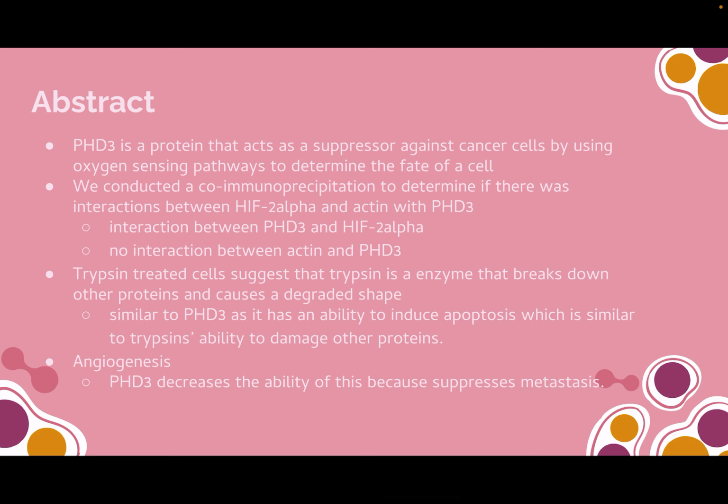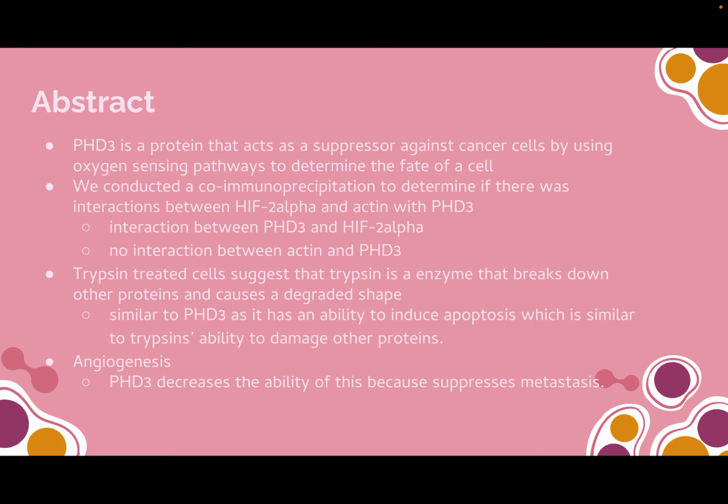Abstract. PHD3 is a protein that acts as a suppressor against cancer cells by using oxygen-sensing pathways to determine the fate of the cell. We use a co-immunoprecipitation blot to determine interactions between PHD3, HIF-alpha, and actin. We found there was an interaction between the proteins PHD3 and HIF-2-alpha, and we did not find an interaction between